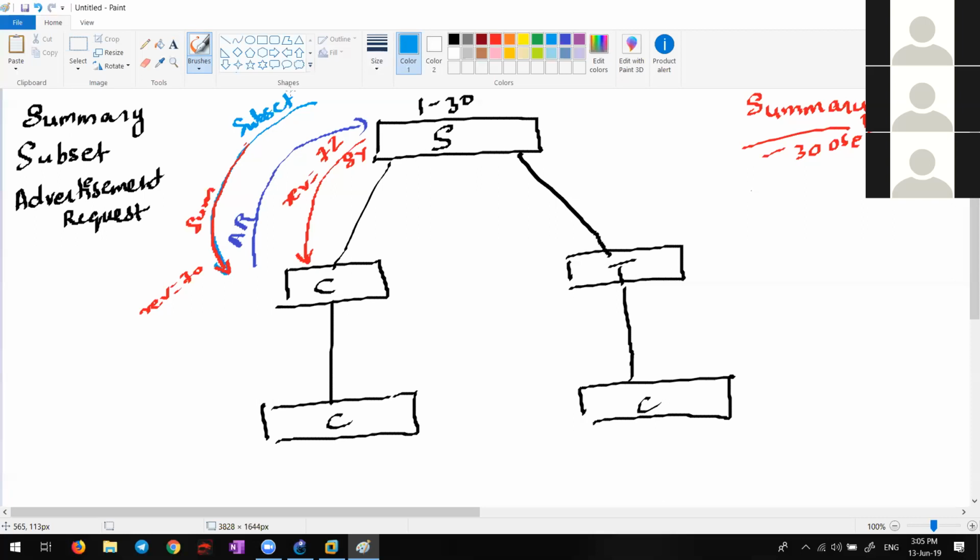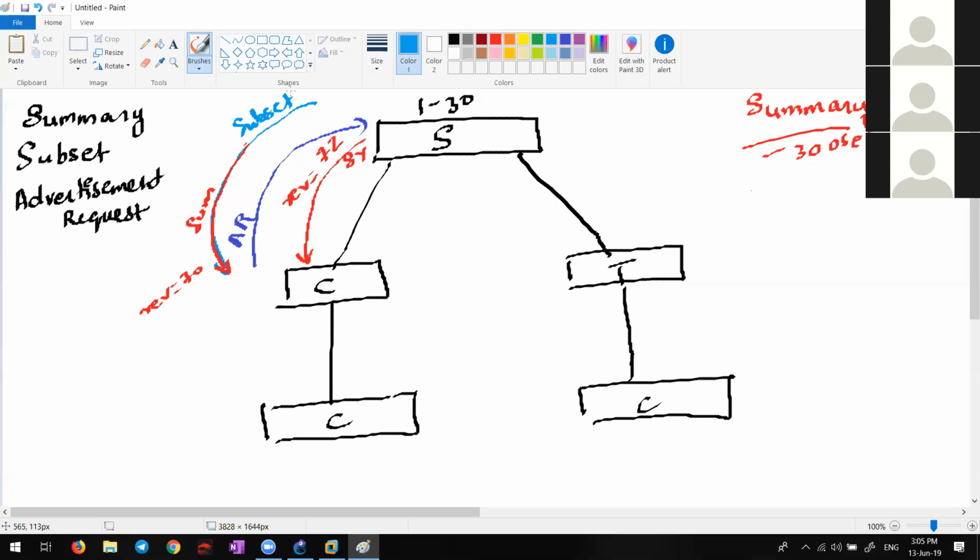In the subset message, there will be complete information about the VLAN. Complete information, when I say what all VLANs are there in the VLAN database, what is the name of those VLANs or the MTU of those VLANs, all this VLAN related information will be mentioned in the subset message. Is it clear? Any doubts?